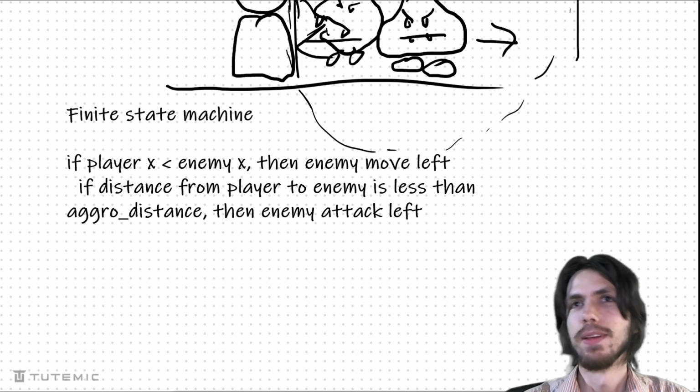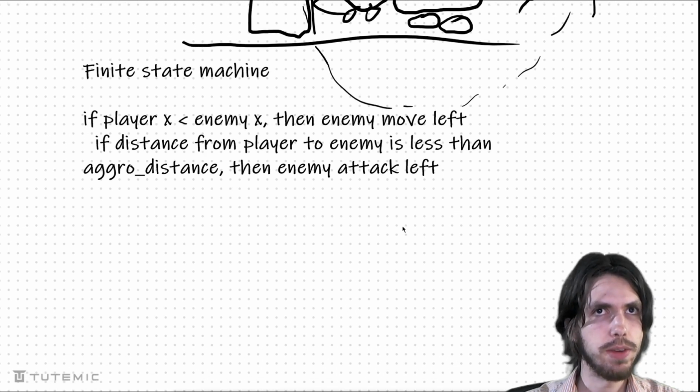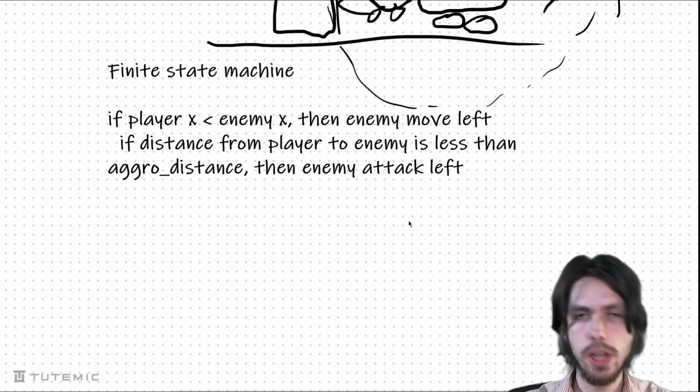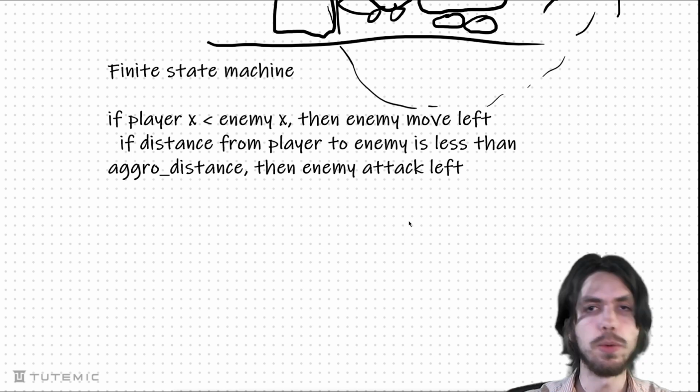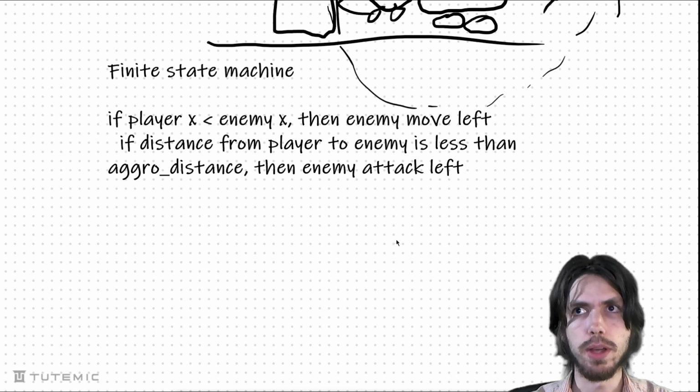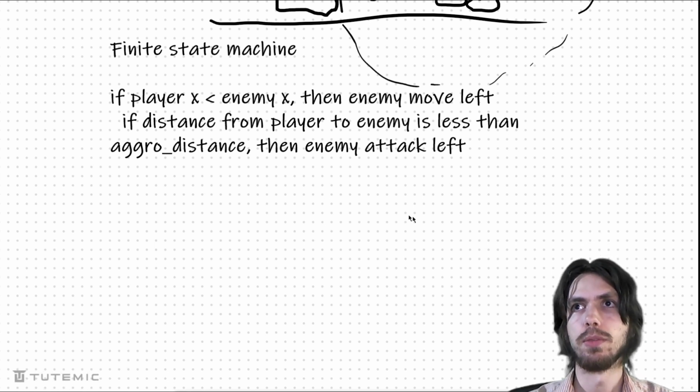Okay, now that we've gotten that out of the way, this whole idea of a finite state machine gets a lot more complex, right? It moves, it's in the move state, it's in the attack state, and then it changes back to the move state, changes back to the idle state, whatever it is. These types of finite state machines can get pretty complex. We'll talk about that a little bit later.